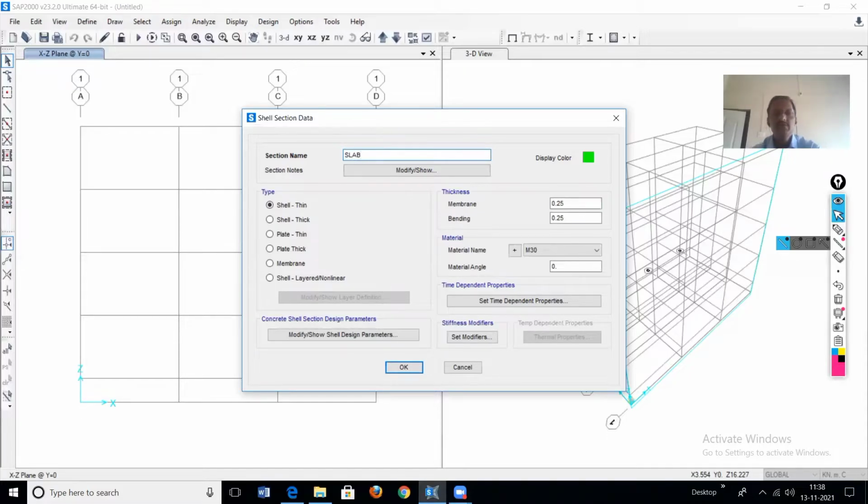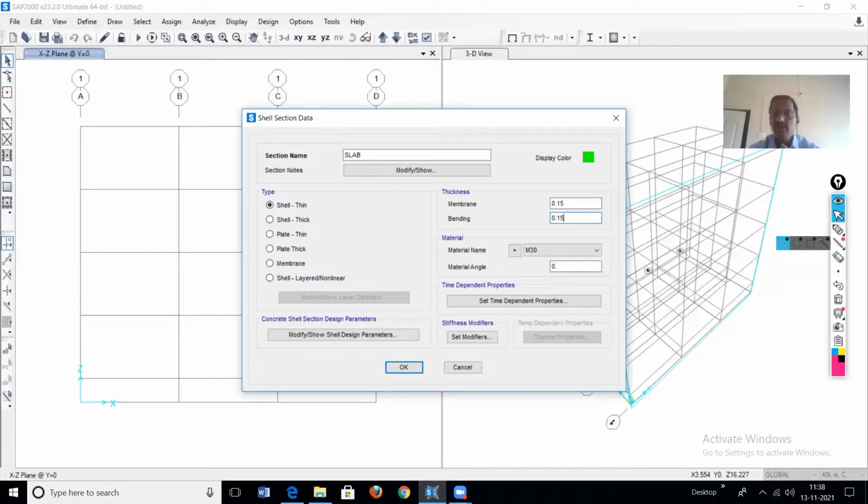Give the name of the section as slab. Then define the thickness of the slab. In the problem, the slab is given as 150 millimeter thickness in bending and in membrane. These are the two actions in a shell element, membrane action and bending action.